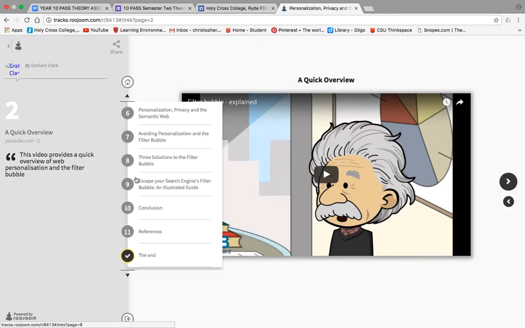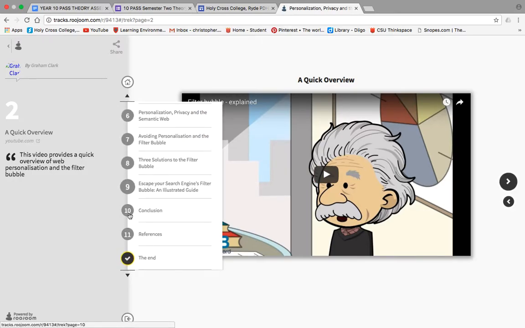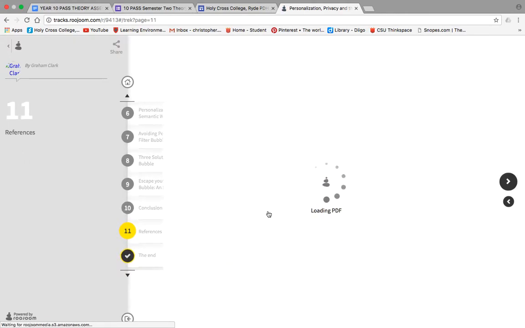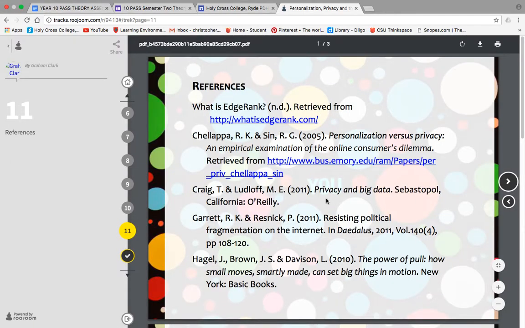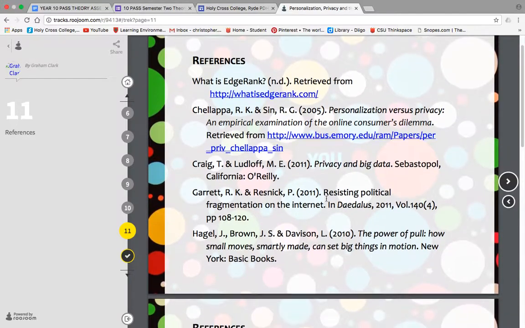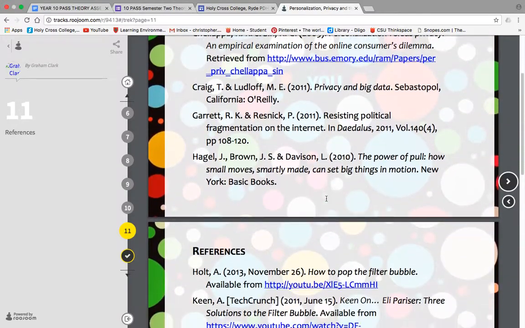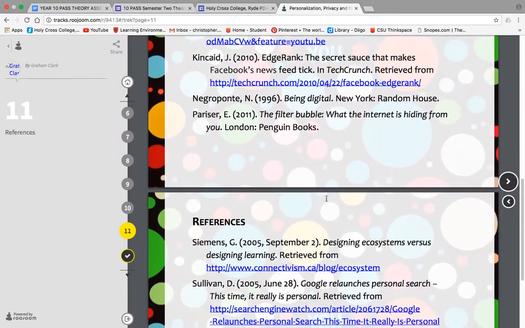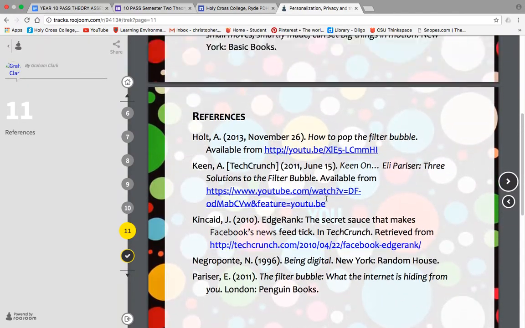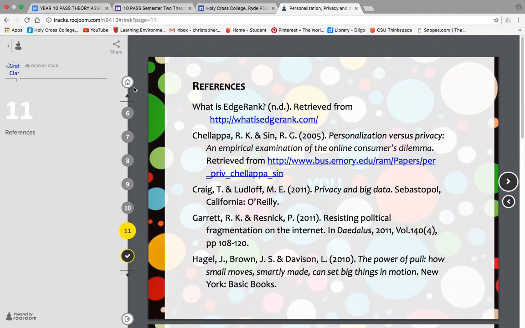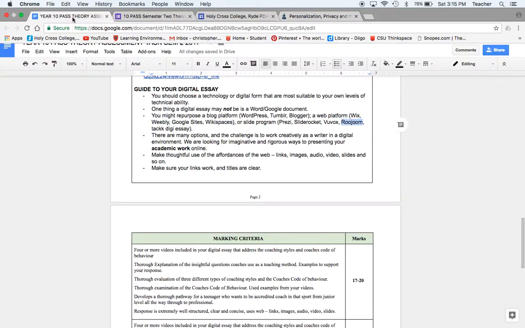And throughout here, you can see there are different chapters, and I'll just take you to the end where we've got references. And throughout your work, where you research something, you simply put it in a reference section. That's extremely important. Okay, you need to identify where you got your work from. So there's a simple, very brief example of a digital essay format.